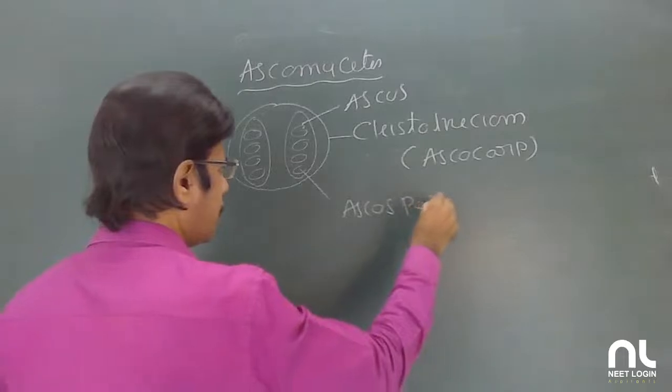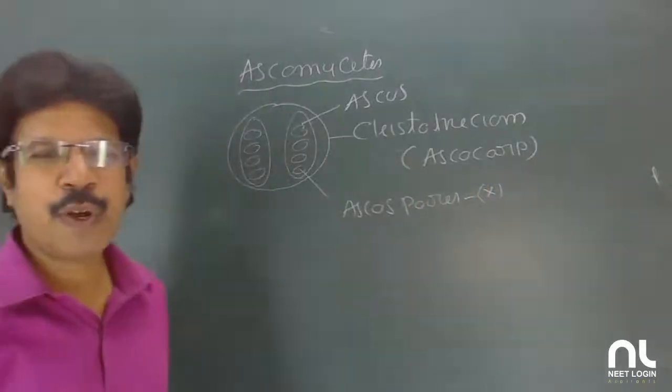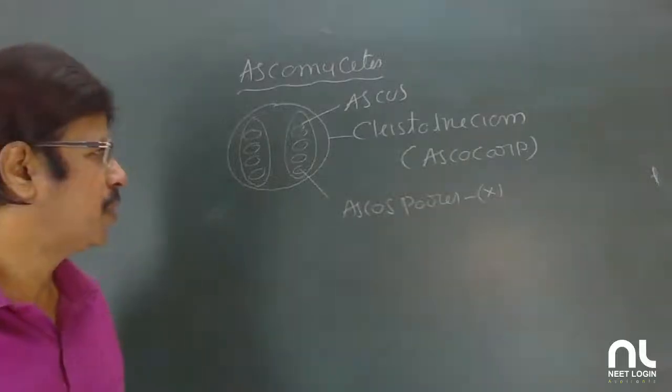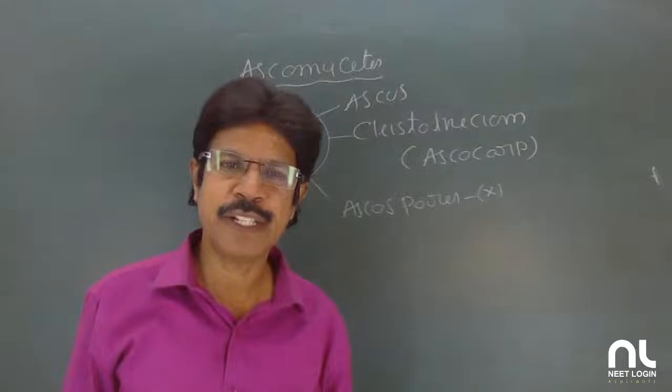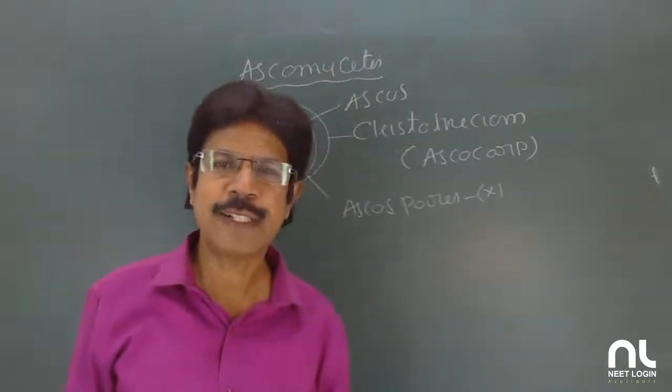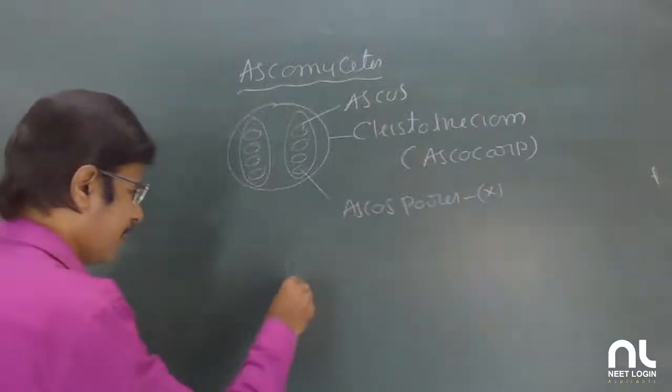Ascospores, which are haploid. Sexual haploid endogenous spores which are ascospores. Ascospores are nothing but meiospores, resulting from meiosis. So in this,